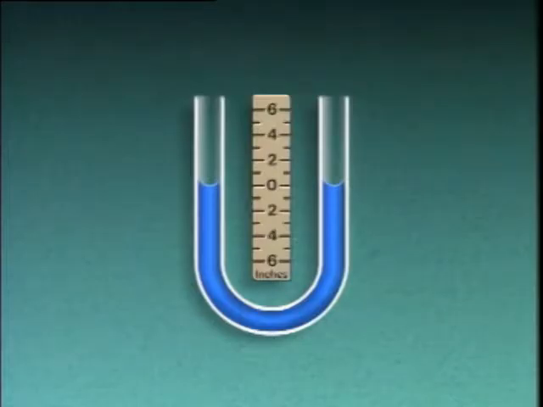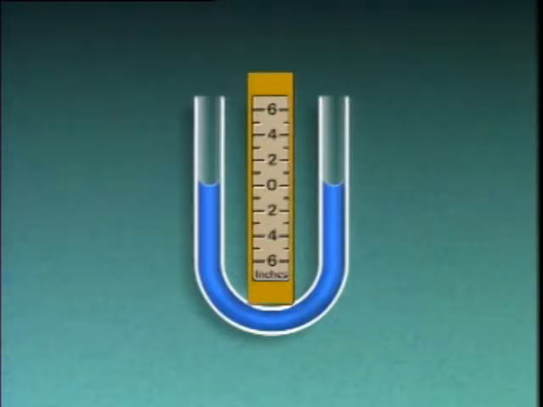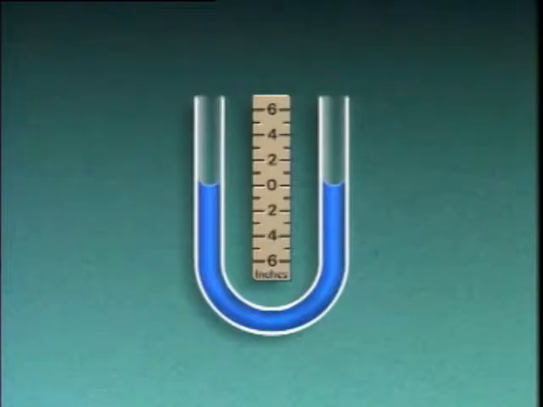It consists basically of a U-shaped tube that contains a liquid, and a scale that's located between the two columns or legs of the tube. This scale is marked off in inches of water, a unit commonly used to measure small pressures. When a U-tube manometer is used, changes in pressure are indicated by changes in the heights of the columns of